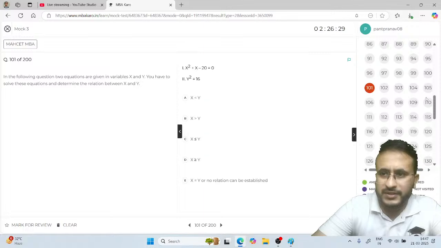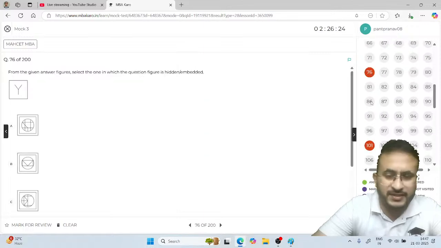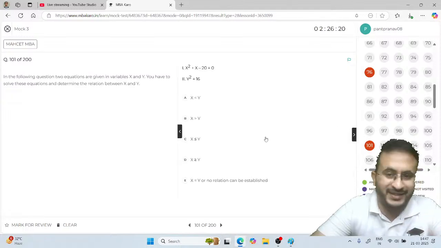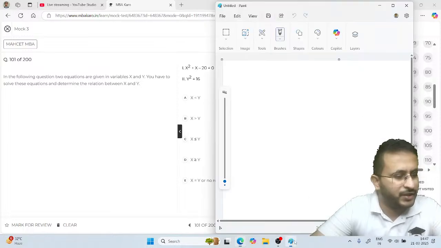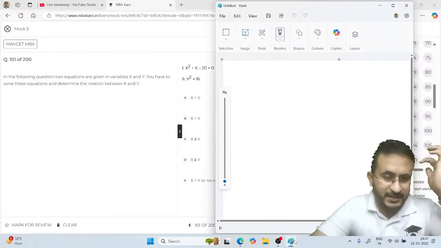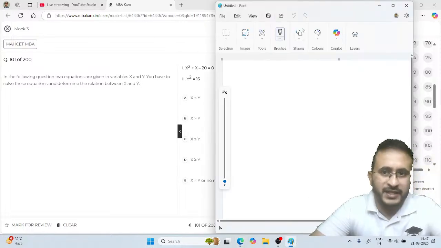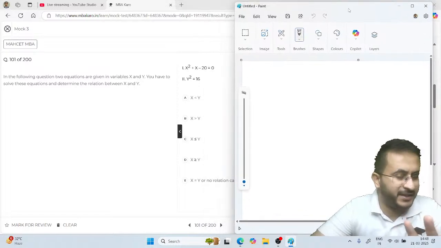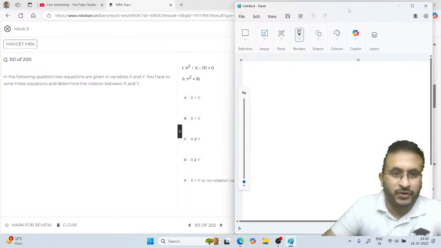So up to 75 is reasoning, then 76 I think is abstract reasoning, and I'll start with quant. The first 30 minutes I'm going to give to quant and then come back to reasoning. So it depends from person to person, it's a personal perspective. If someone's quant is good, they should definitely do quant first, and if someone has better reasoning, they should start with reasoning. Okay, so let's do this quadratic equation: x square plus